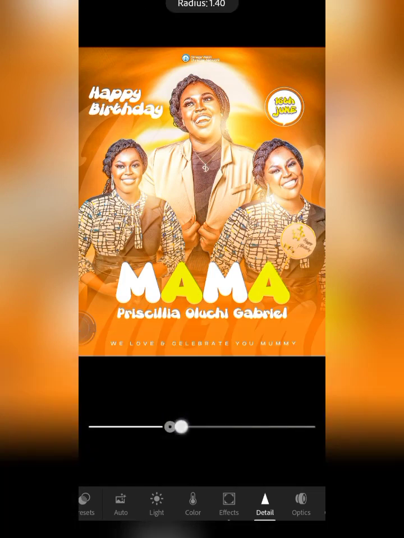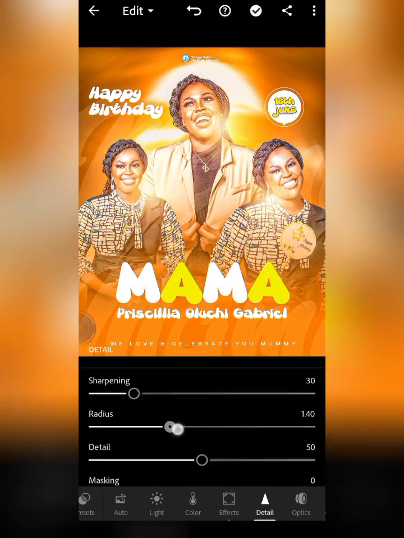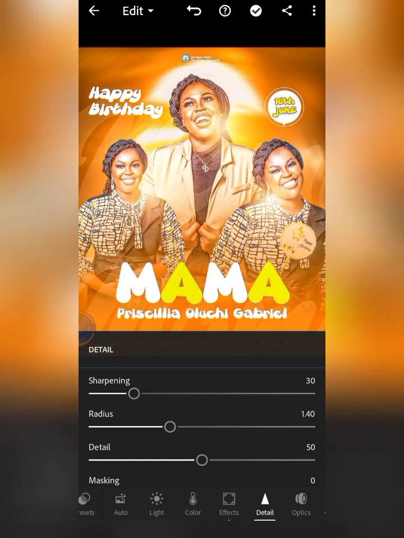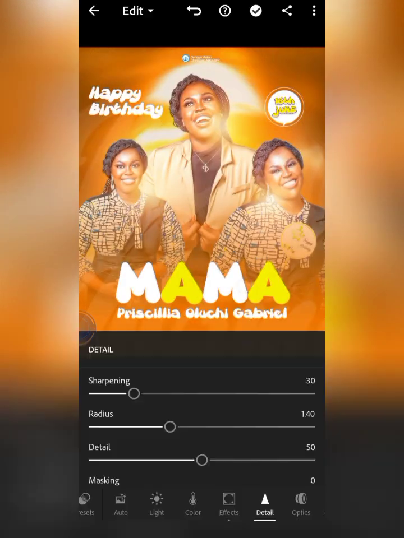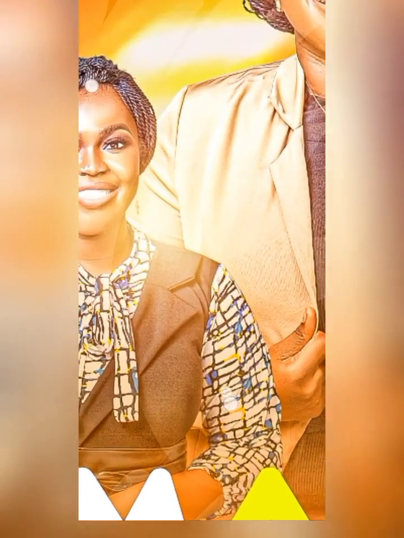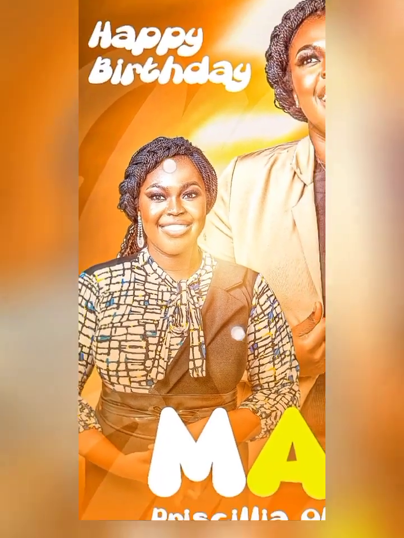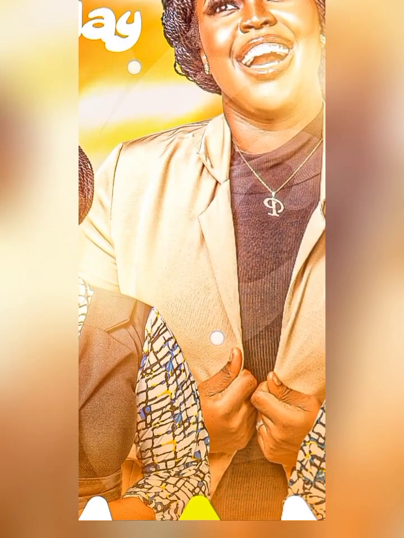You can now increase the radius. Radius is how you want the sharpness to happen on your design. So that's it. You can see the before. Can you see how it popped up? Can you see the clarity it's giving you? So that's what you get, instead of maybe adding grace to your design,